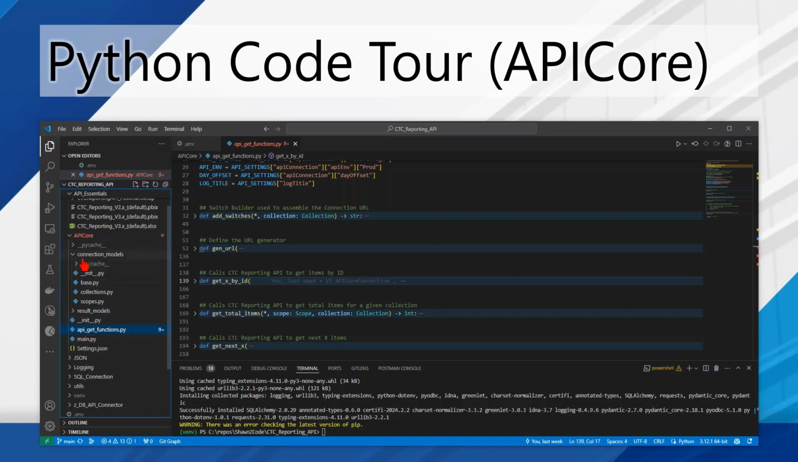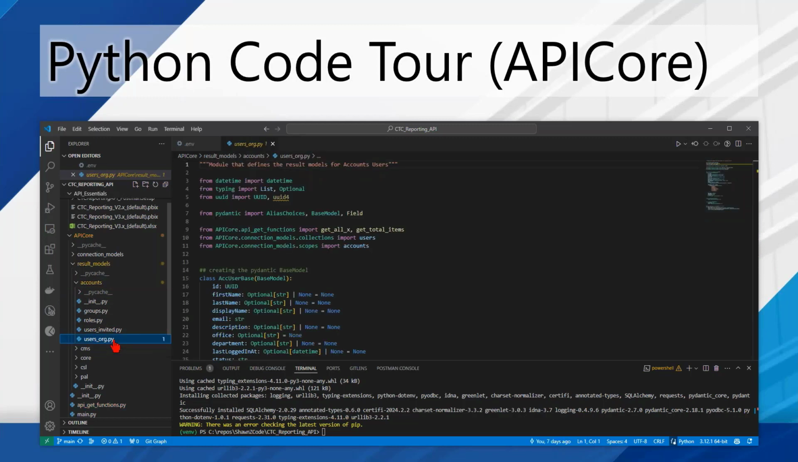Inside here, if I go into the result models, there's a result model for each of the scopes that are available. So there's an account scope, a CMS scope, and core, which you can ignore for now. This is just for something I'll be using with the SQL workflow later. There's a cloud shared licensing scope, and there is a PAL, or project activity log, scope. Those scopes, if I go into something like the accounts scope, and I go into my organization users